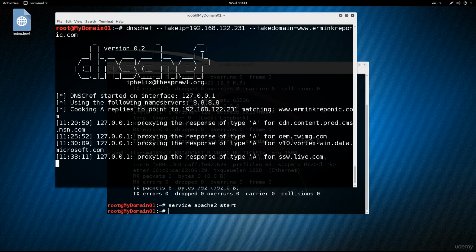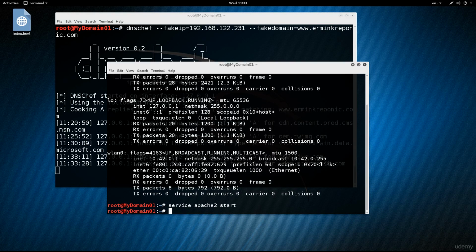Okay, so let's go ahead and begin our fight with the HSTS. The first thing that we need to do is configure our web server on Kali to actually be able to accept connections on port 443 and to have some sort of a certificate which will actually be served to the